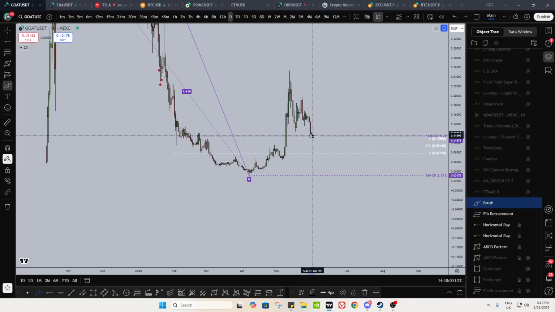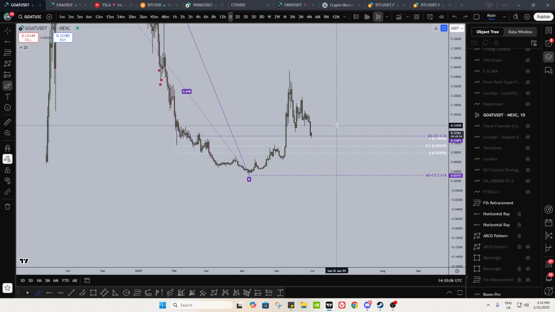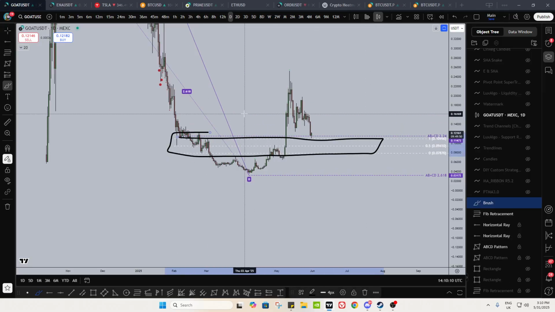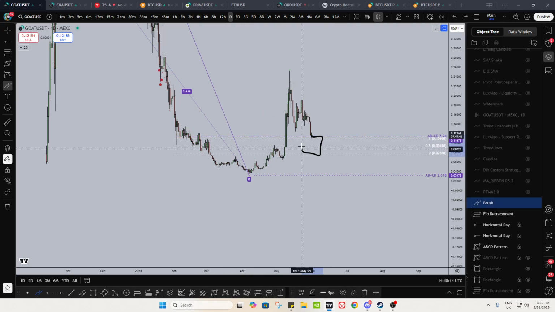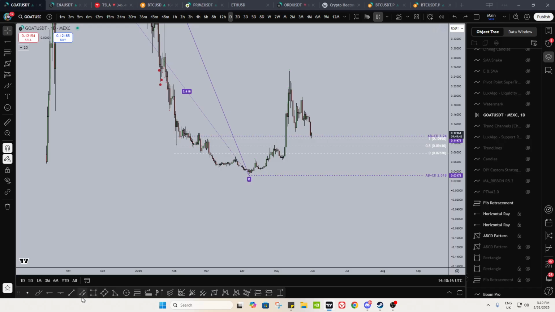right? So here's your first zone. If you close below that on like the 4 hours or something, just go to your next one. If you close below that, go to your next one, so on and so forth. Otherwise, this zone as a whole, if you want some spot Goat for some reason, right? If you want to spot hold this, then this is the region that you don't want lost, basically. Okay.